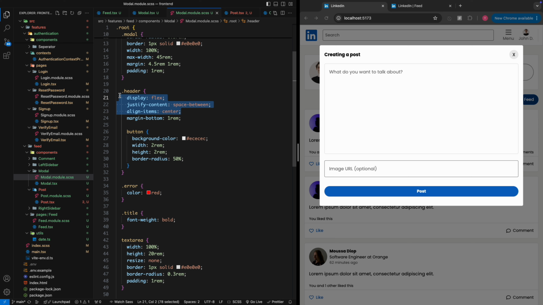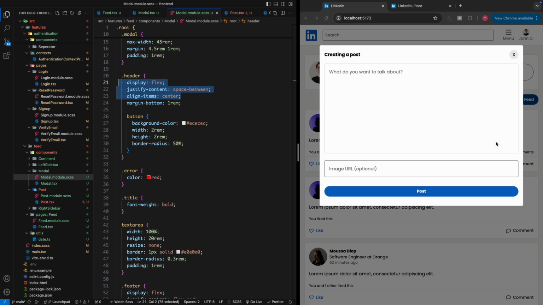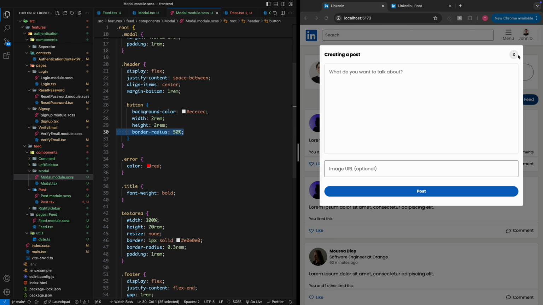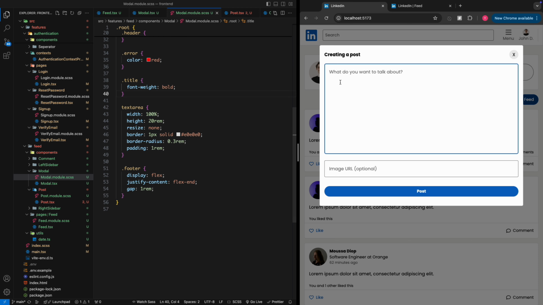We're adding this display flex to add them on one line, some margin bottom to separate it from the text area, and we are saying that the button should have this background color, a width, a height, and a border radius. And as you remember, this is just an X, like we added as text, okay. Then if there's an error, we should display it with this color. The title should be bold. The text area should take all the available width, a height of 20 rem, resize none,